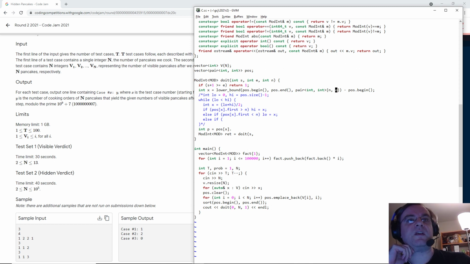If NE is not in this list, I'm going to get the first element past it. Okay, so what I want is upper bound minus 1.